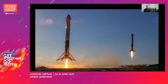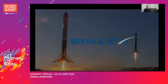And obviously we've got a modern day equivalent with SpaceX. Only a couple of weeks ago they put humans into space, but here you can see they're landing two rockets side by side at the same time, which had never been done before. And again, just like NASA, SpaceX have had problems along the way. They've had rockets blow up and things go wrong and launches be scrubbed. But the point is, they're constantly learning from all of that stuff and improving it for the next time. But NASA and SpaceX are effectively doing this stuff in production. Yes, they are analyzing stuff ahead of time. They're running models. They're checking the data. They're checking that things all look good. But ultimately, when a rocket blows up because it's meant to be going into space with stuff,